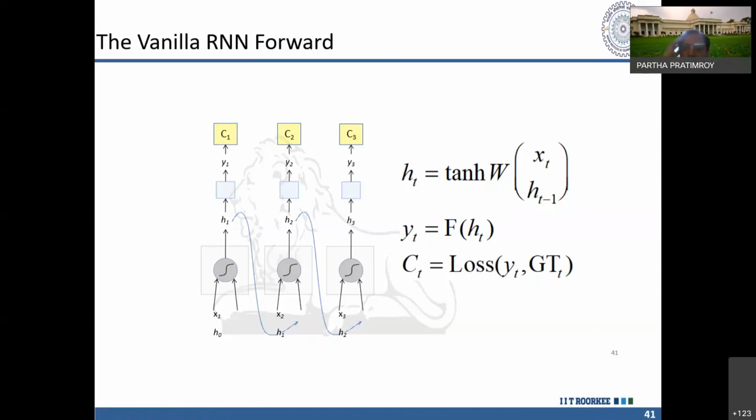If you want to study more, you can look at the mean squared error, used in multi-layer perceptrons and CNNs. Then you have the cross entropy error. These are some loss functions, and there are several other loss functions too. The concept is how far your prediction is from the actual value, so you take the difference and consider it. Fine. So these are the loss functions, and yi is a function of this h.